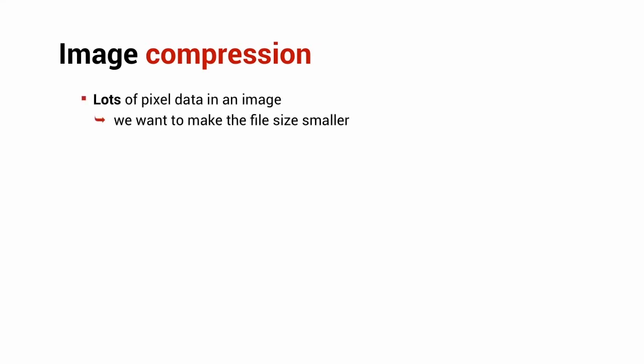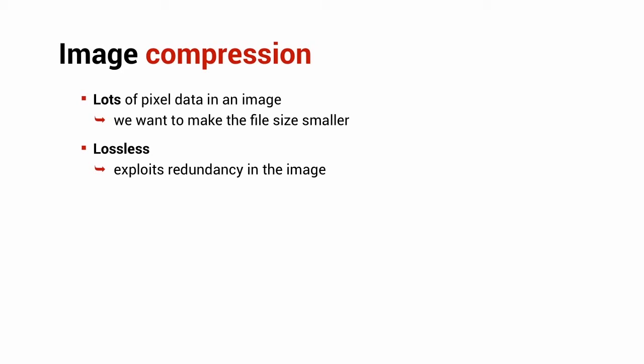Now all images contain a large number of pixel data, and we want to make the file size as small as we possibly can. That means then we can fit more images into the same amount of disk. There are two fundamentally different approaches to image compression. The first is lossless compression. And what this does is exploit redundancy or recurring patterns in the image and codes them very efficiently, so they